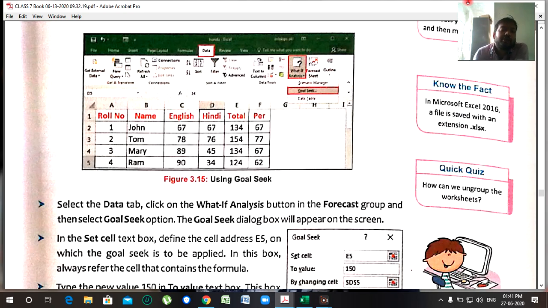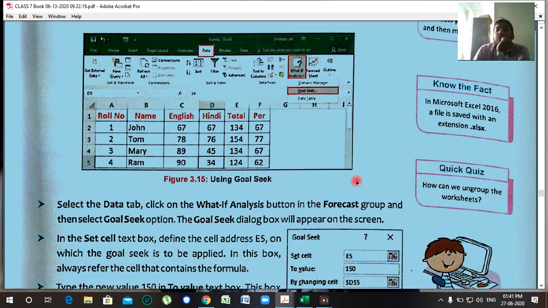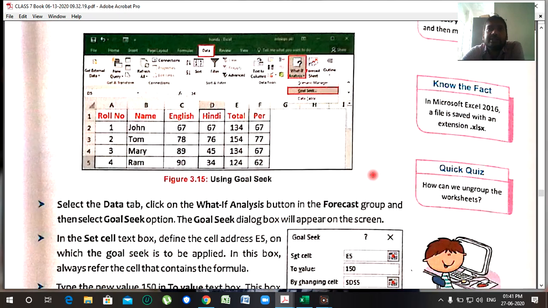In most of the Gulf countries they are also reading the Hindi language.